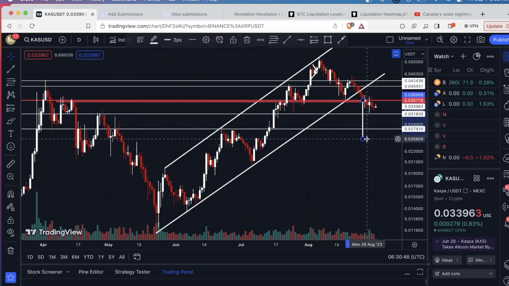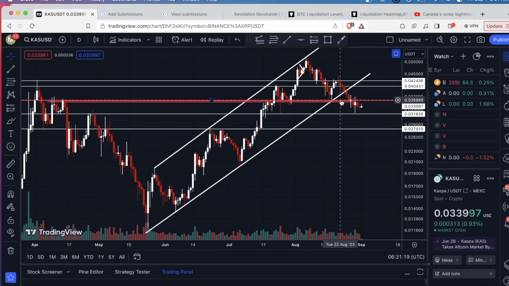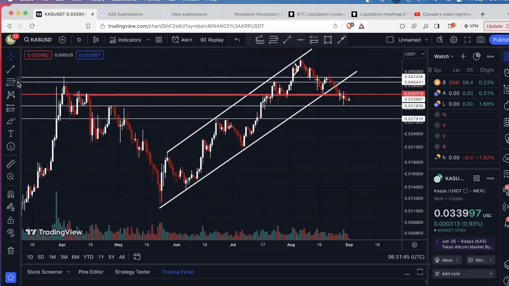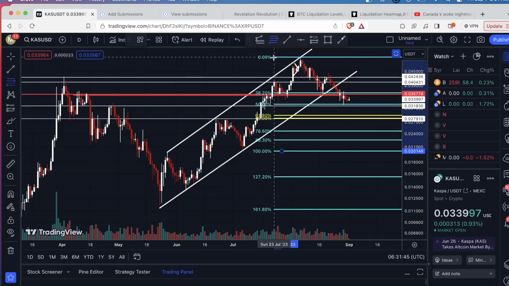So that would be all the way down here, right at the top of this line here at around 0.025768. Now, personally, I don't really place too much emphasis on the projected targets from these patterns. Instead, I just like to focus on looking for support and resistance levels just based on previous price history and Fibonacci retracement levels. So let me see one thing. I haven't done this yet. Let's run a Fibonacci from this low up to the high,